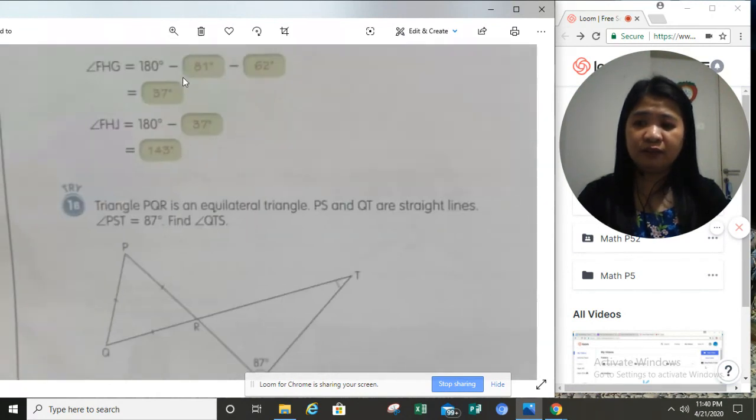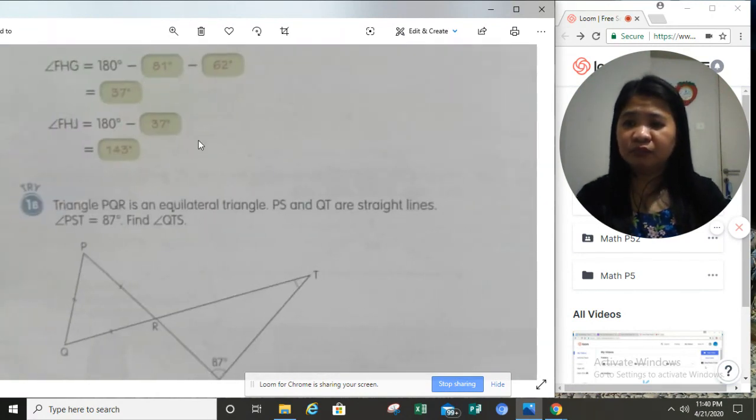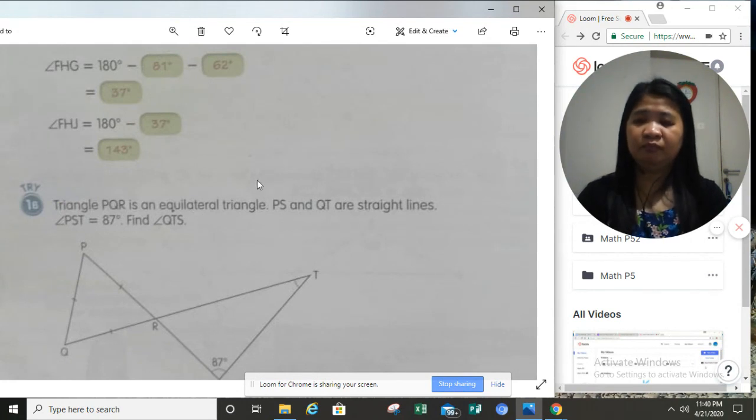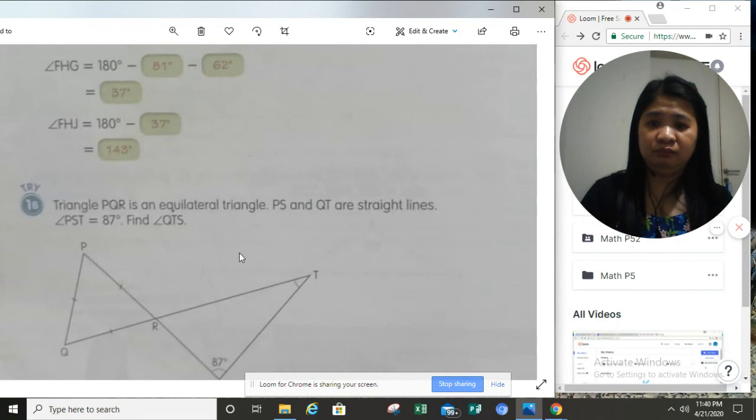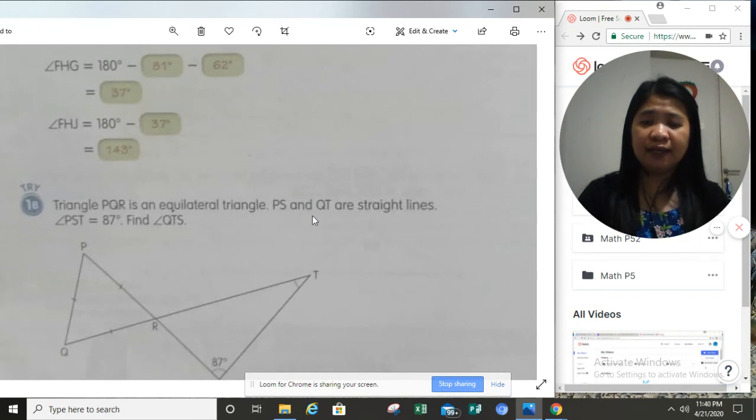Next number, number 1B. Triangle PQR is an equilateral triangle. Then PS and QT are straight lines, and angle PST is equal to 87 degrees. Find angle QTF. So in this case, we have